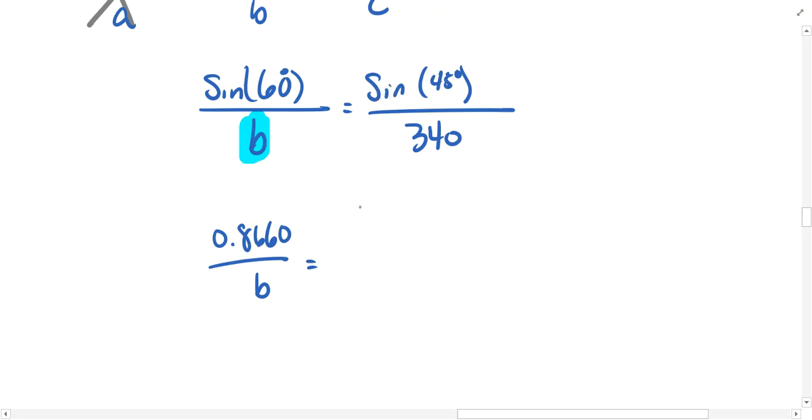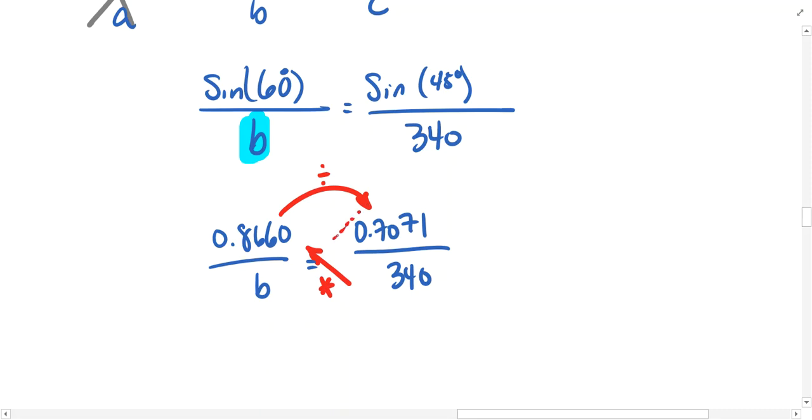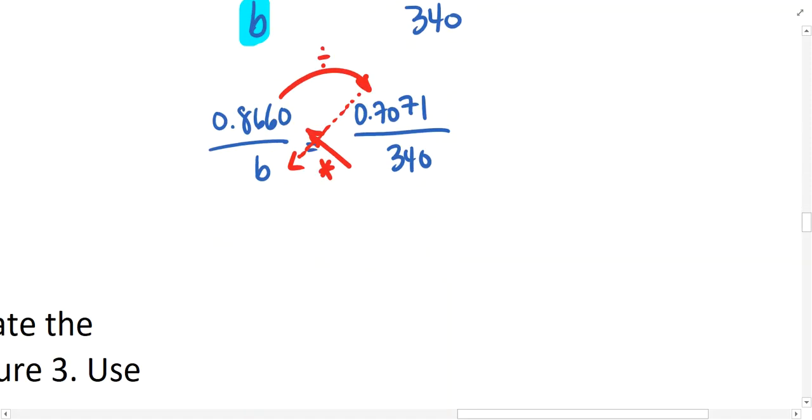Sine of 45 degrees is the square root of 2 divided by 2, or 0.7071. We'll divide that by 340. Now, anytime that I've got two fractions that are equivalent to one another, I should recognize that the cross products are also equivalent. And we could multiply across the diagonals, divide by the third component that's not a part of the known diagonals, and the end result after that series of steps will always be the fourth unknown value in